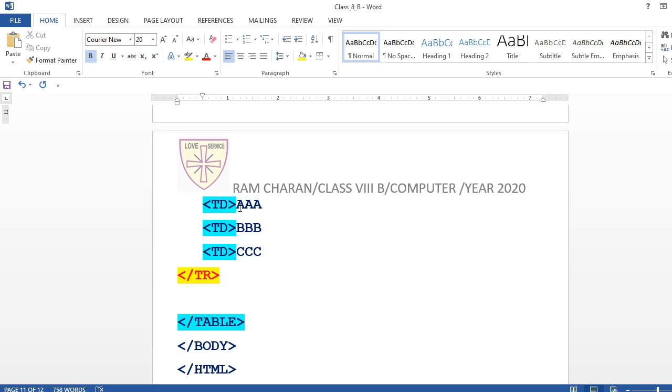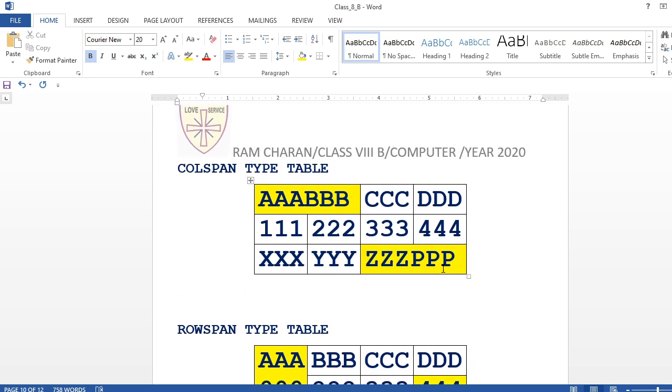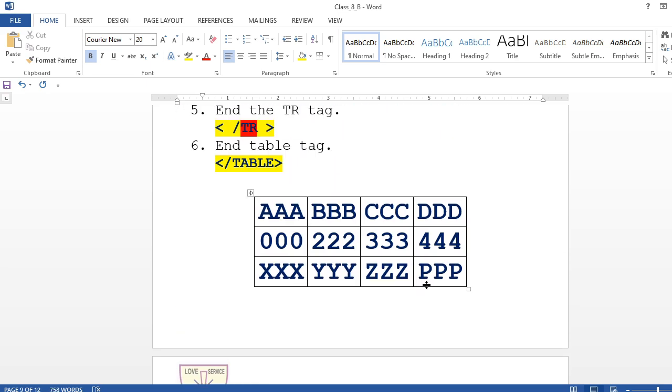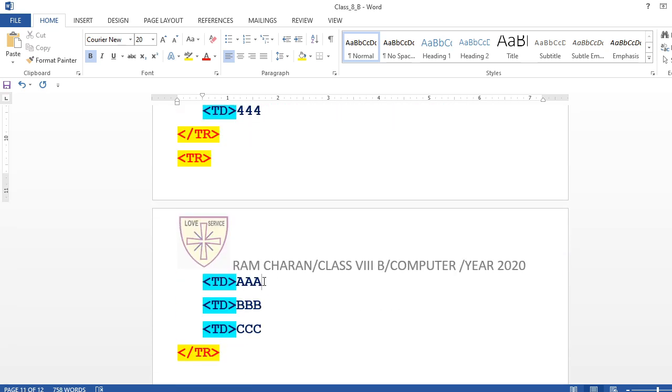Now come back to the third tr tag. What data are we having in the third tr tag? We are having x y z and p. Understand? So I am going to write here x y z and p. Here it will be x, then here it will be y, then here it will be z, and one more I have to copy. So this will go like this, and here it will be p p p.